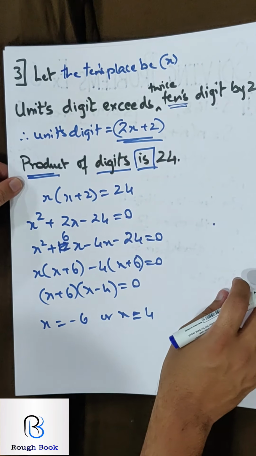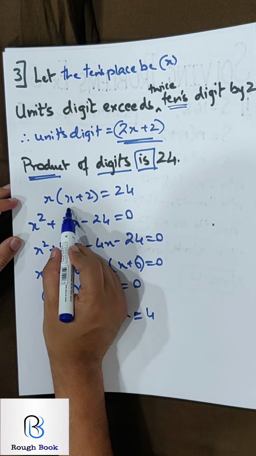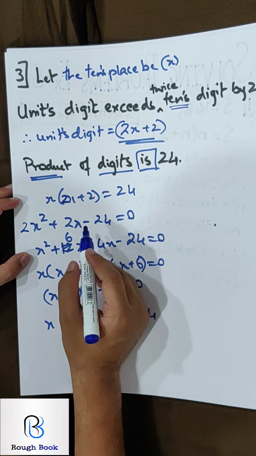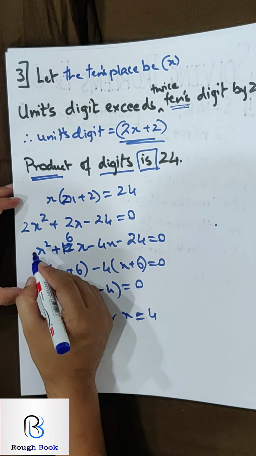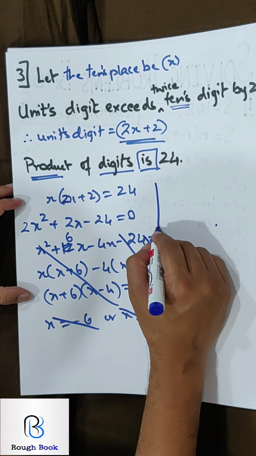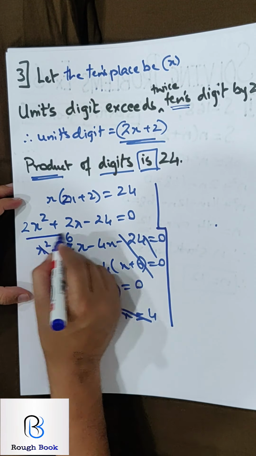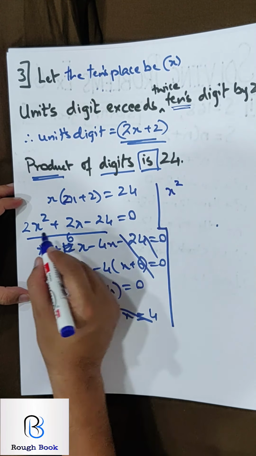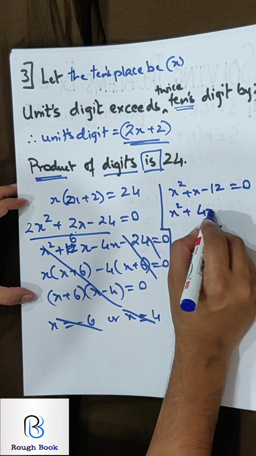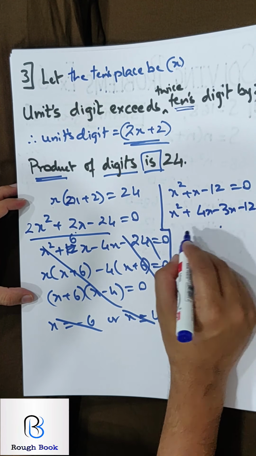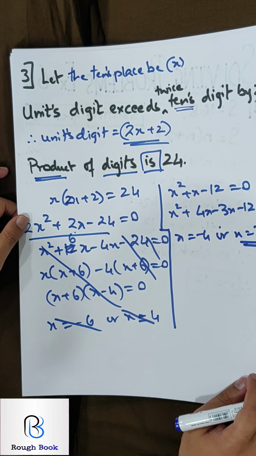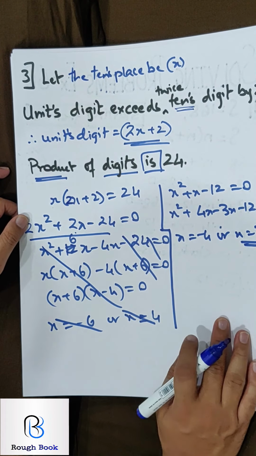Okay, a small error. This was 2x plus 2 and I just took x plus 2. So 2x plus 2 should have been here. So this will be 2x squared and 2x. So here I will get 2x squared. So this entire part has gone wrong for us. We need to focus, guys. Stop thinking about anything, just think about the sums. I'm so sorry. So x squared plus x minus 12 equals 0. x squared plus 4x minus 3x minus 12 equals 0. So here x is minus 4 or x is 3. So we'll pick up 3 because it is a 2-digit number, if I take negative it will go everything wrong.